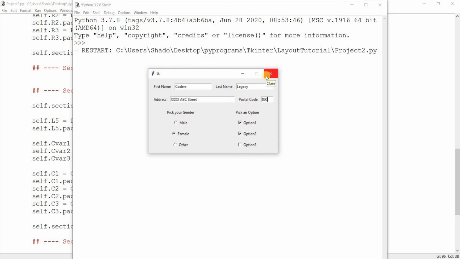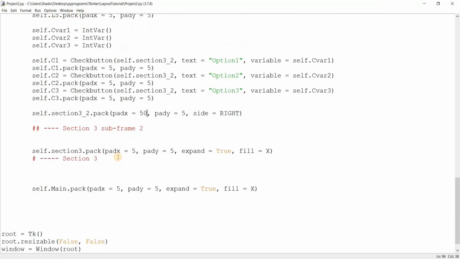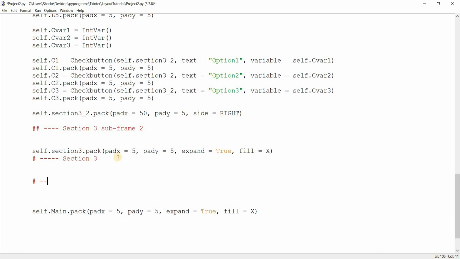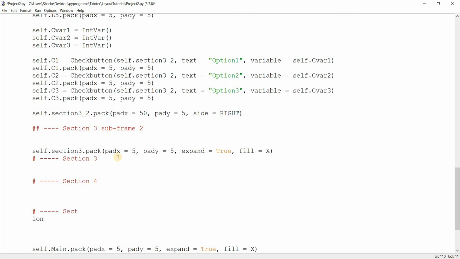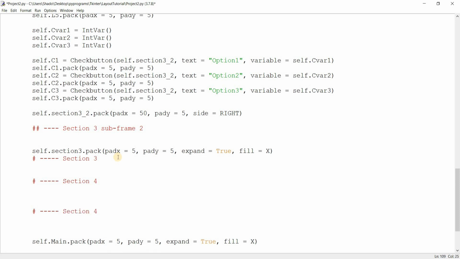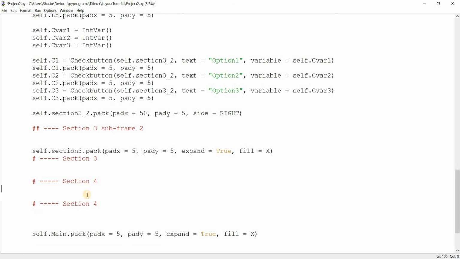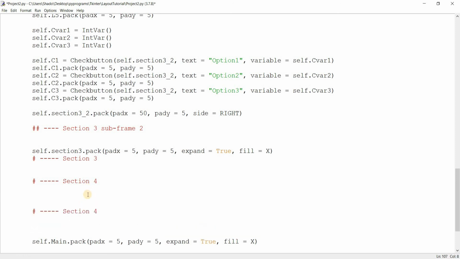Okay. Now let's go ahead and add one more thing, one last thing into this. Okay. And for that, I'm going to create section 4. And again, the main point of this video is kind of teaching you how to use pack, honestly. It's not that you learn how to create a registration form. Okay, that's just a side benefit. It's more like you learn how to properly use pack to use all these widgets together. Okay, so make sure that you pay close attention to all of that. Okay, section 4